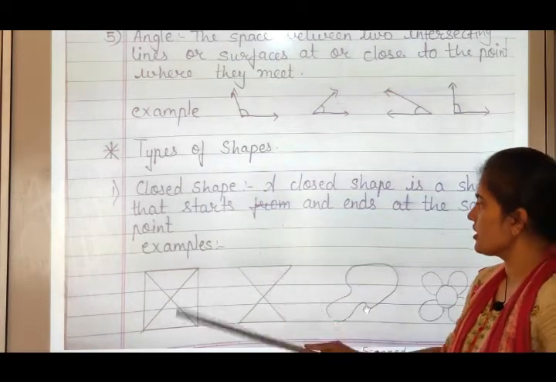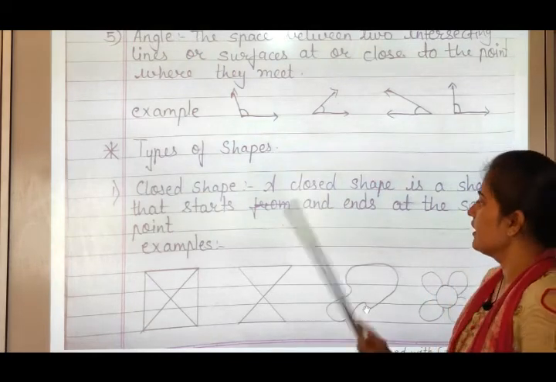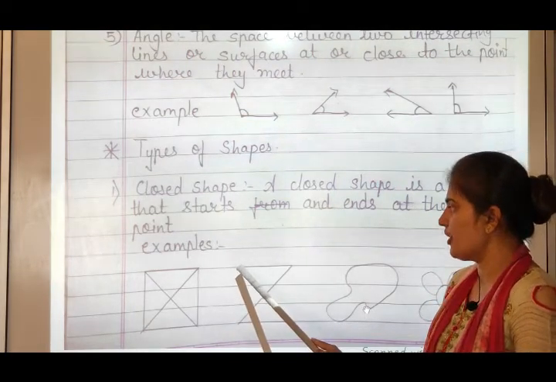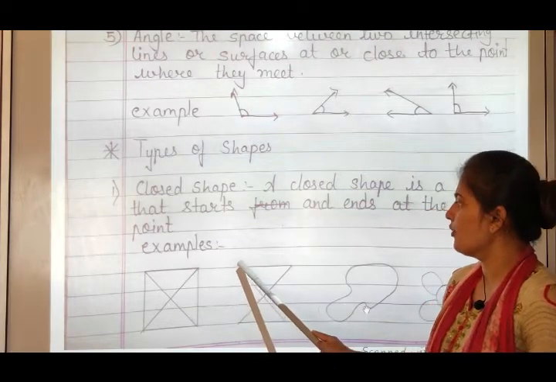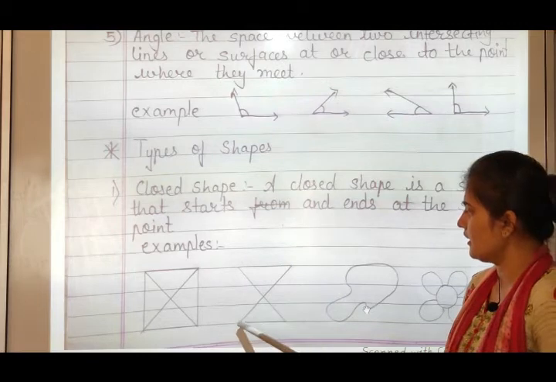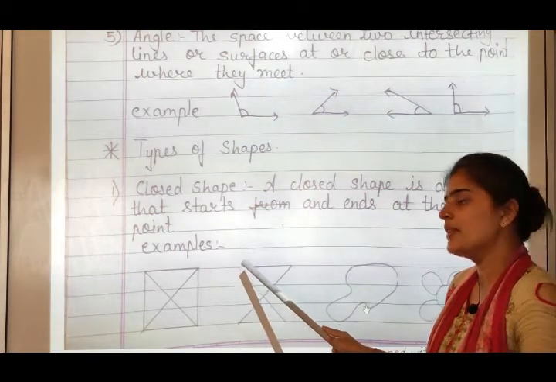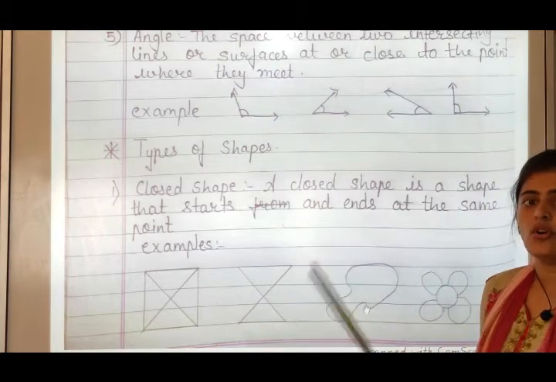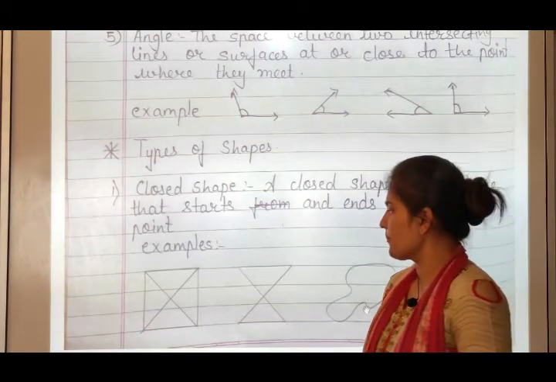According to the definition, we start from one point and end on that point only. Here you can see we are starting from this point and we have to end also over here. So we will start from here, then we will go over here, after that come here, again go this way and come here, means where we have started there we have come again. Then these kind of shapes are called closed shapes. This also is a closed shape. This is another example of the closed shape.